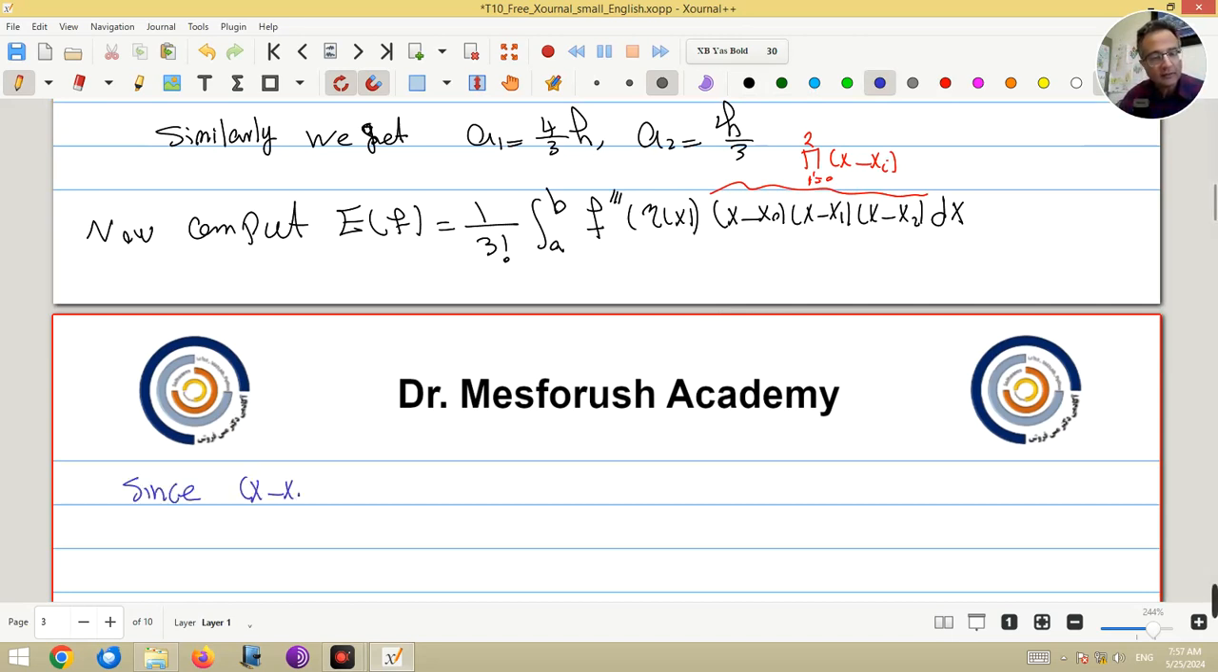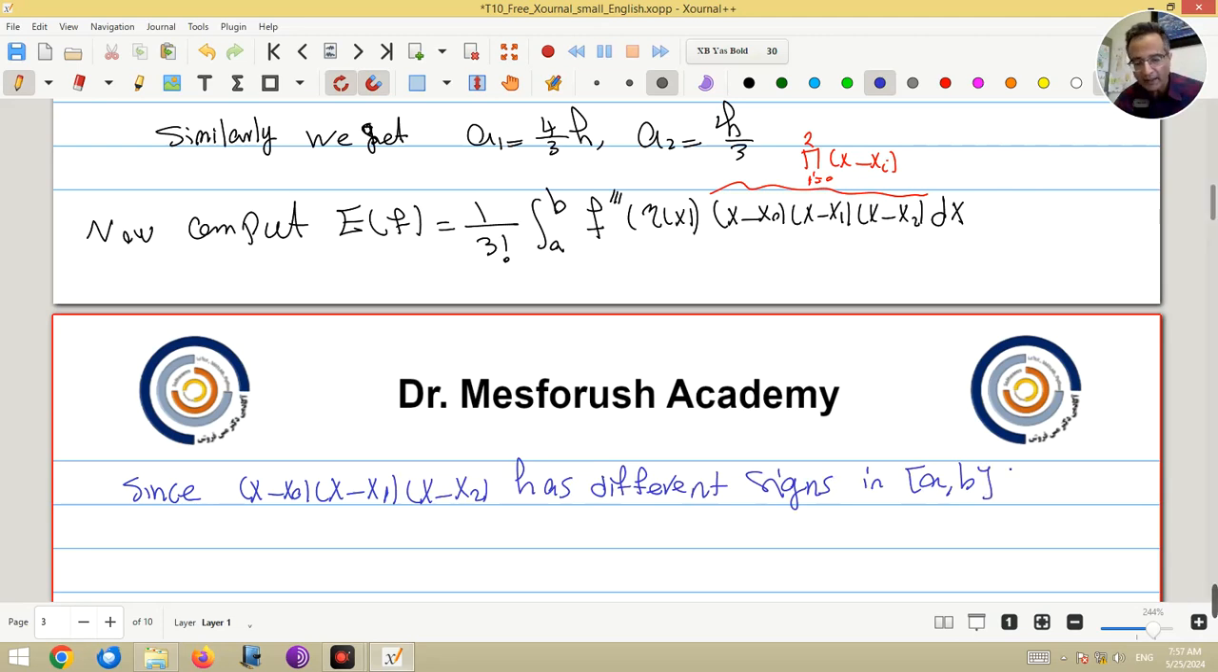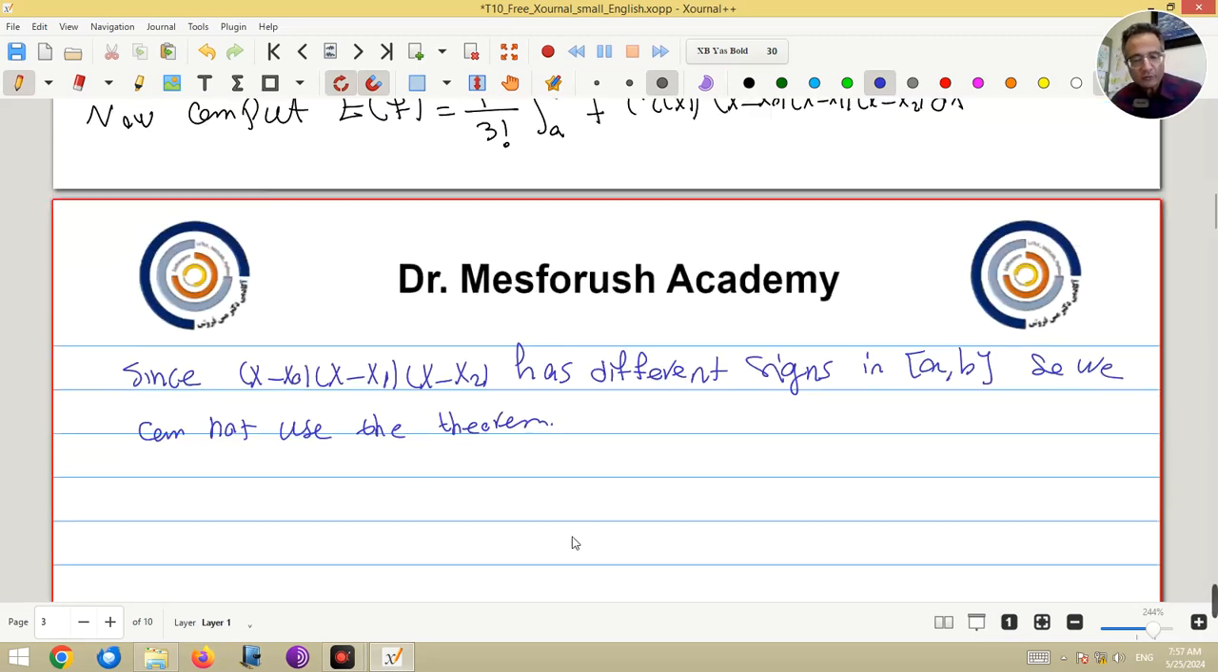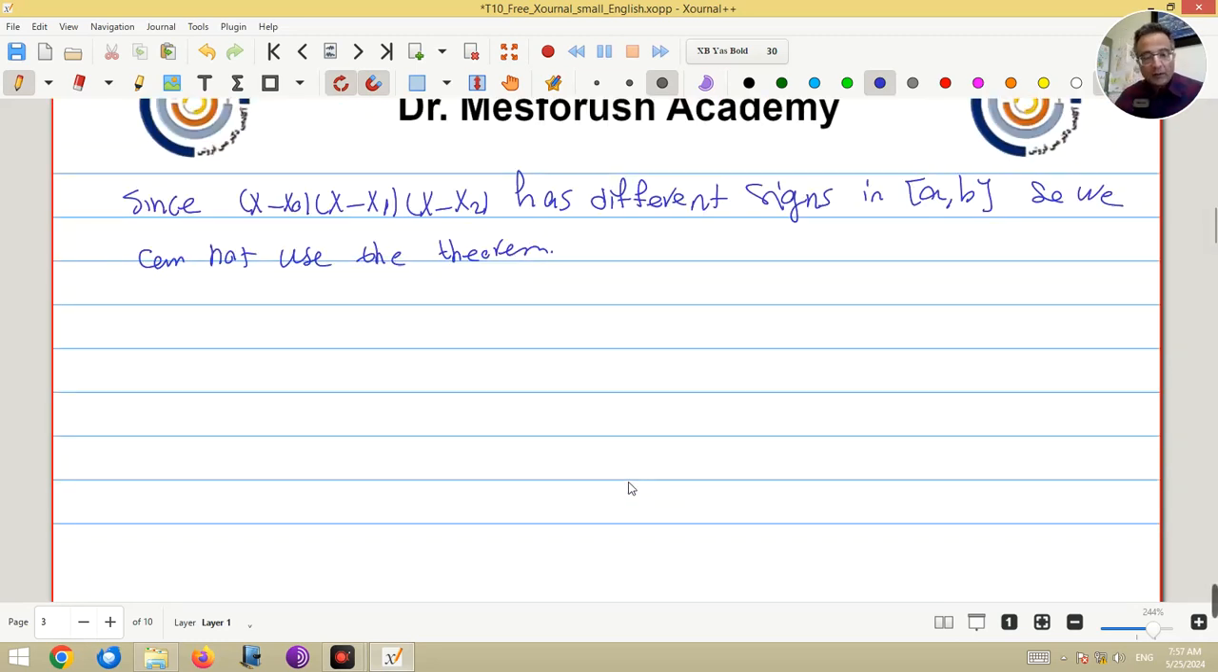Since (x minus x0)(x minus x1)(x minus x2) has different signs in the interval a and b, we cannot use the theorem. Okay, so we have to do something else. To compute this error term,